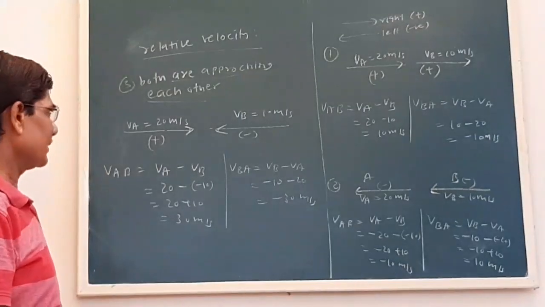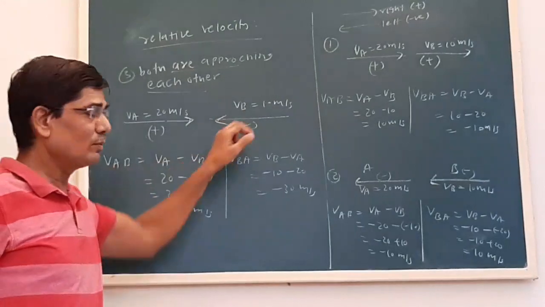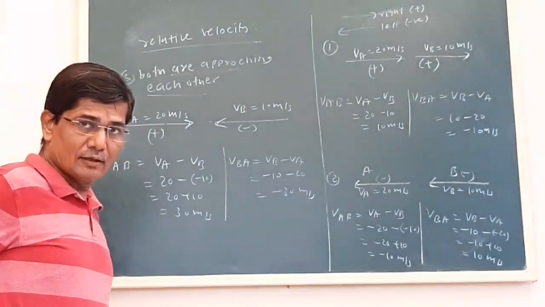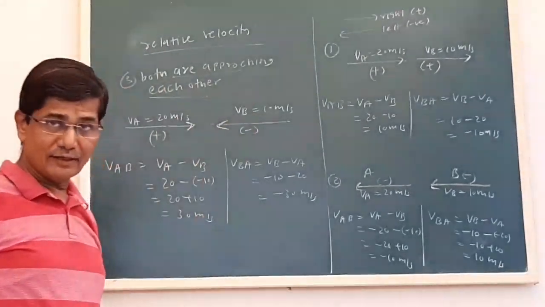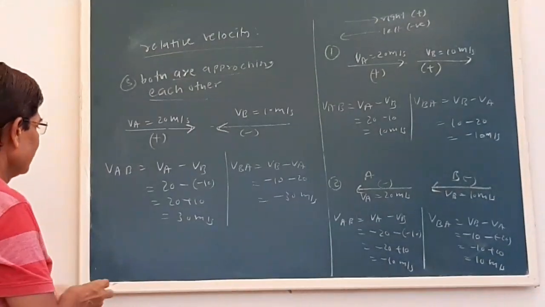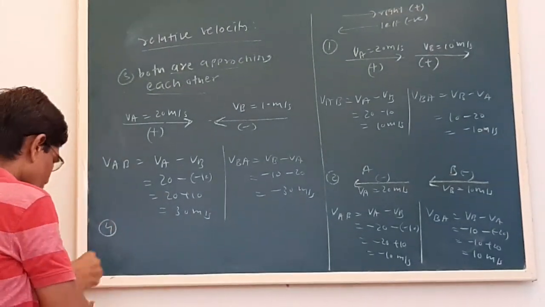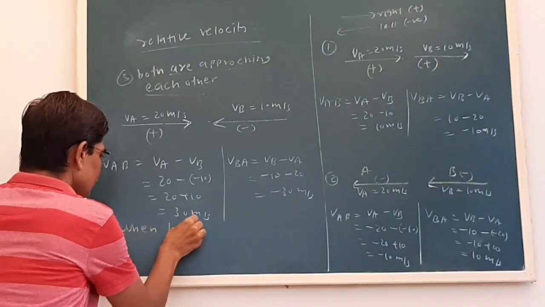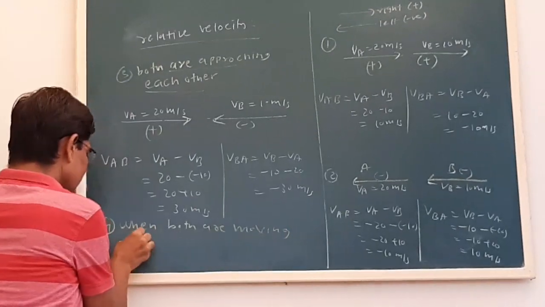See, for a simple reason we can see here the velocity of A is 20, velocity of B is 10, but the relative velocity is 30 meter per second. See, that is larger than the individual values. Now see the fourth case is this, when both are moving away